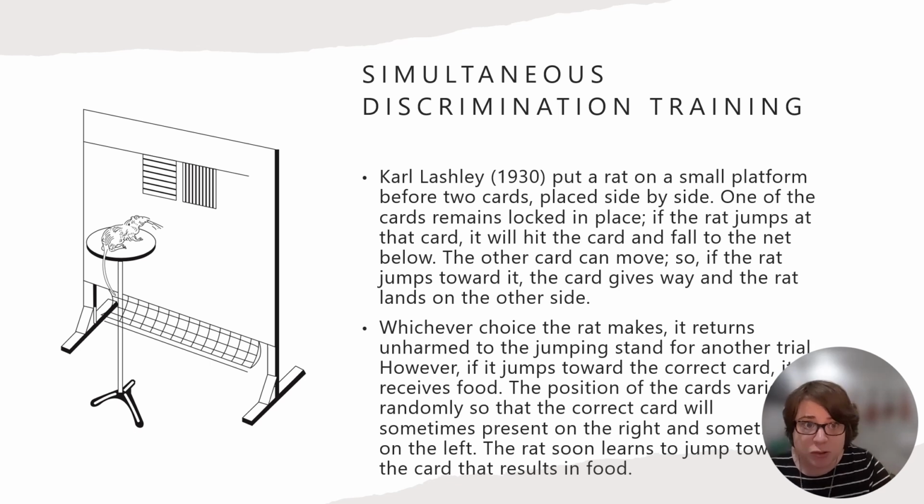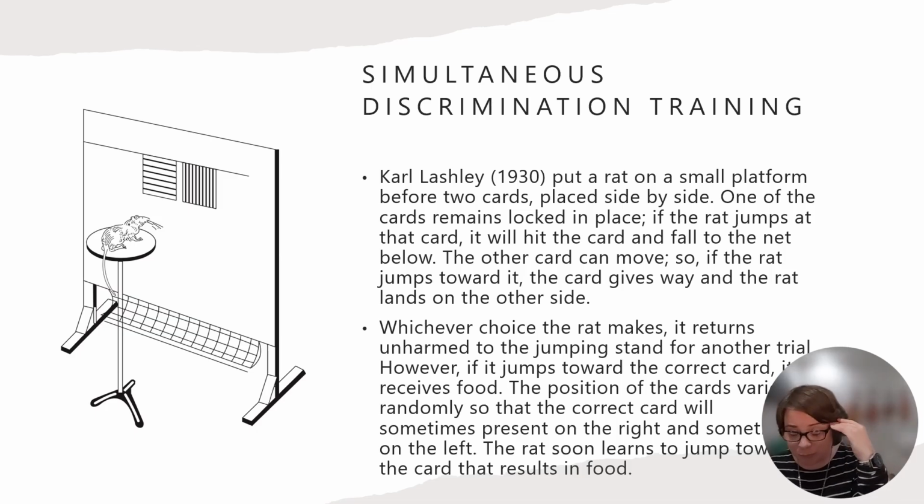So in a classic experiment, Karl Lashley put a rat on a small platform before two cards placed side by side, which you see in the figure. The rat could distinguish the cards in some way based on a perceptual characteristic, such as one card having horizontal stripes and the other having vertical stripes. So one of the cards was locked in place. So if the rat jumped at the locked card, it would hit the card and fall to the net below. The other card could also move, so if the rat jumped toward it, the card would give way and the rat would land on the other side. Whichever choice the rat makes, it remains unharmed and returns to the jumping stand